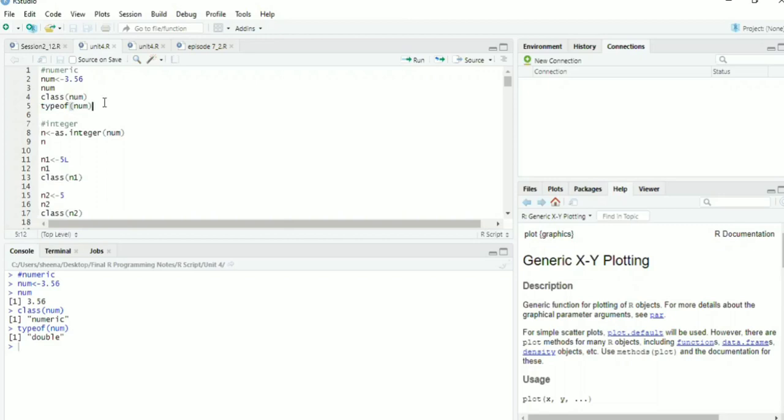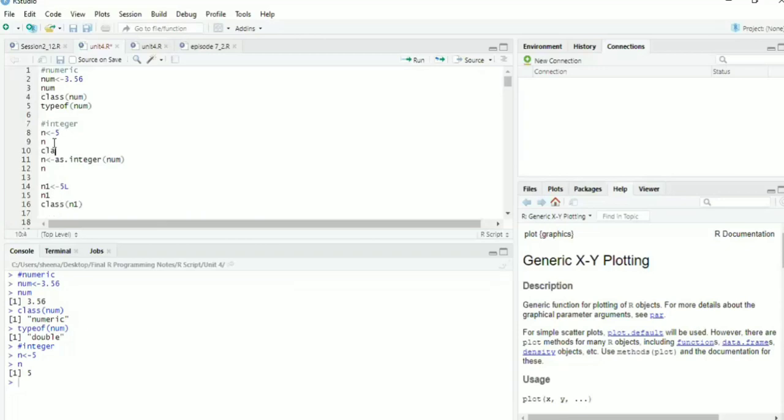If you want to create an integer data type, what is the difference between an integer and a numeric variable? A numeric value has a decimal option, and an integer is a whole number. So if you want to create an integer variable in R, by default if you assign any variable like n as 5, when you execute this you will see 5, but the variable will not be an integer variable.